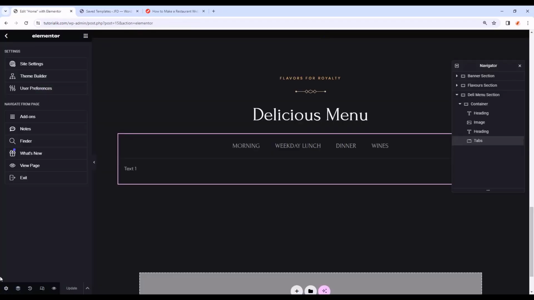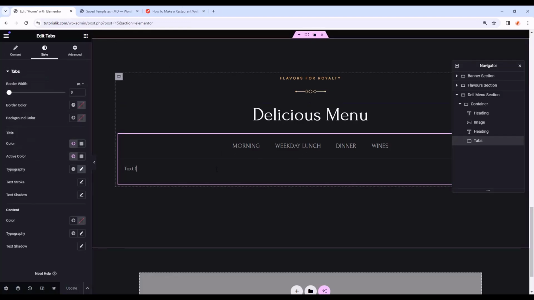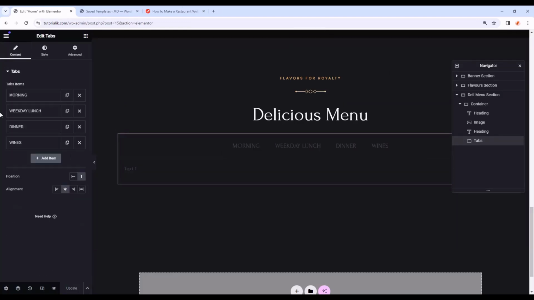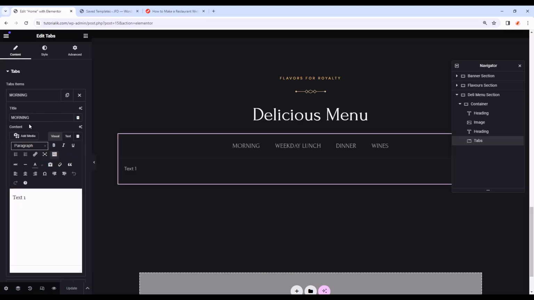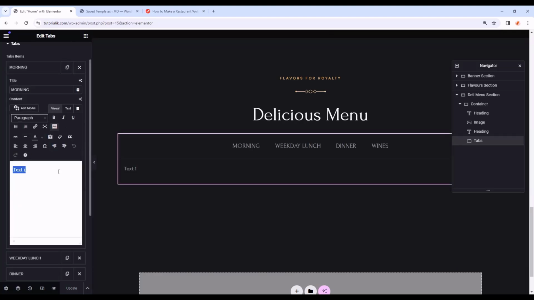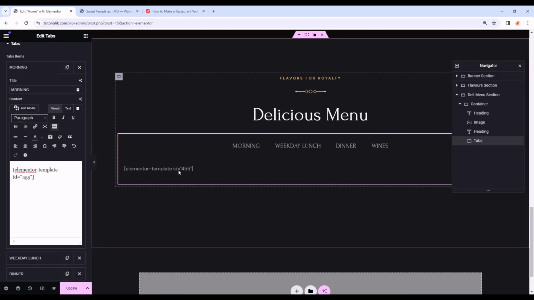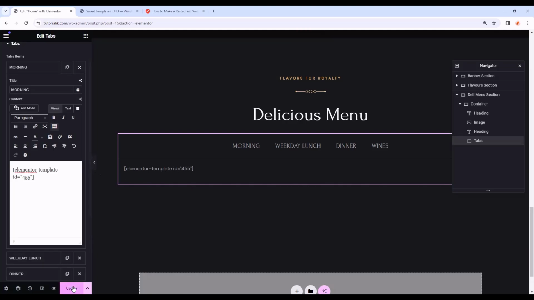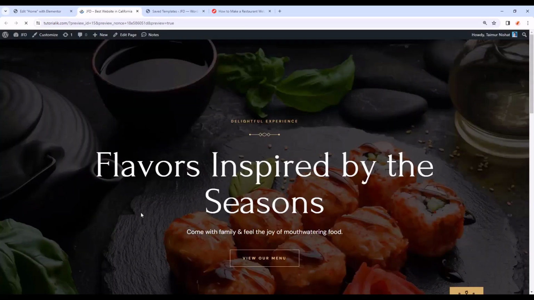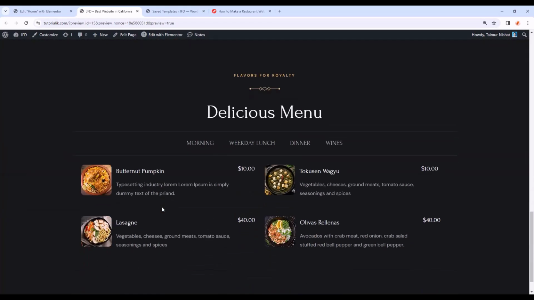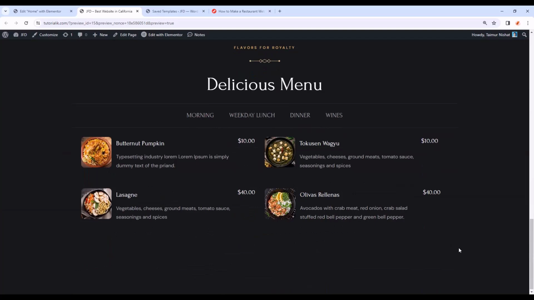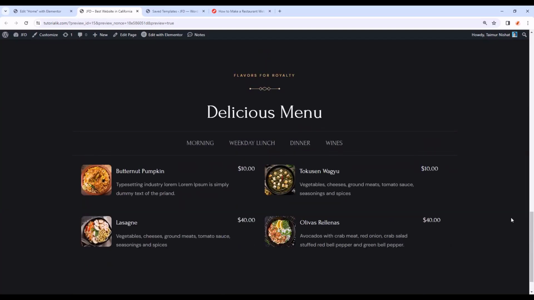Then I'm gonna go back to our Elementor in our home page. Then I'm gonna select the tab, and from the content I'm gonna open the morning, and instead of the simple text here, I'm just gonna put the ID number of the template we have just created like this, and it has the ID number. Now if I update and click on the preview changes and scroll down there, we can see we have our tab content,